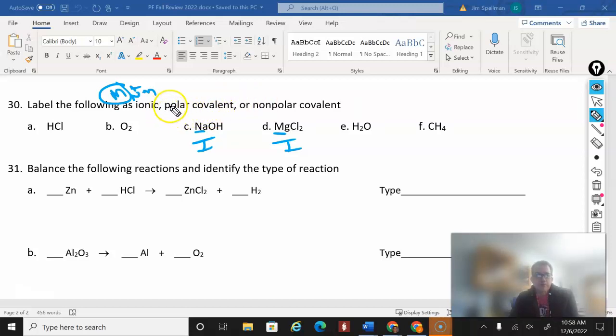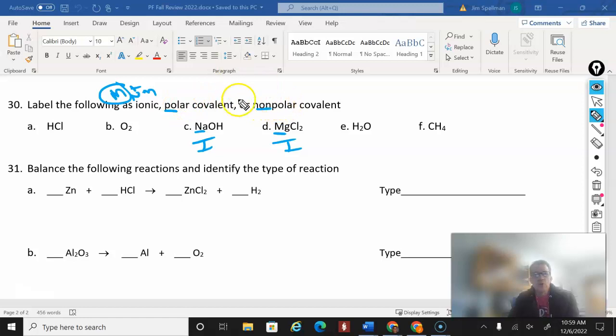If it's polar, this is one of these things between polar and nonpolar. It gets a little bit foggy in terms of being able to evaluate because, I mean, you could look it up if you actually had to answer this question. There's kind of an agreed upon way to do it. But unless you have access to a chart of electronegativities, or you have that chart memorized, or you've just got some certain things memorized, it's really hard to know if something's going to be polar or non-polar without being able